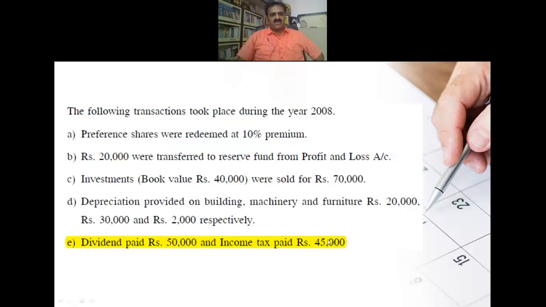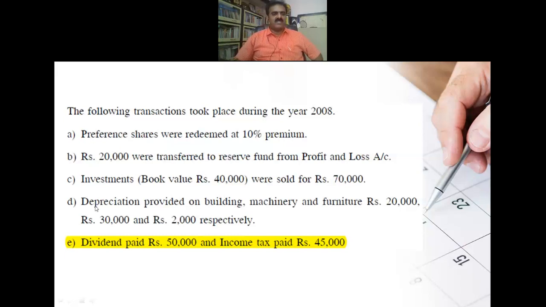Then the last adjustment is called dividend paid and income tax paid. Actually, in the balance sheet, there is no item on dividend or provision for taxation. So you need not prepare any ledger account for this. Therefore, these two items have to be treated directly. The dividend paid is a non-operating expenditure. It is a payment and a non-cash, non-fund item, and it is to be directly taken on the debit side of the profit and loss account, both dividend paid and tax paid. First, it will appear on the debit side of the adjusted profit and loss account, and again, the second place is the application of funds. So this is how dividend paid and income tax paid are to be treated.